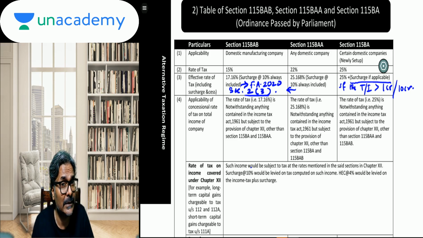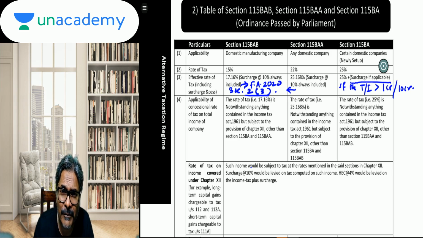But then the US drastically reduced their domestic tax rates to 15, and we also thought that it is now high time that we also should be giving these companies an alternate tax regime to enable them to reduce the rate to the extent of 15%. But that 15 would be applicable only in the first category, whereas in the other category, by introducing 115BAA applicable to all the companies, they have effectively made 115BA, which was originally introduced by Finance Act 2017, redundant.